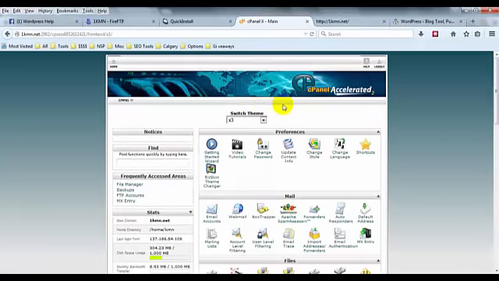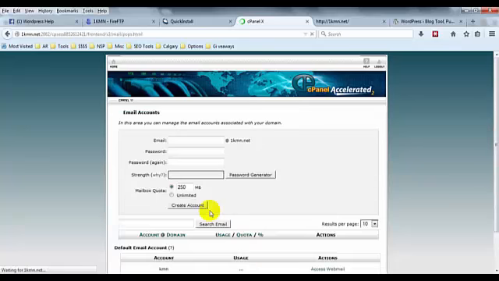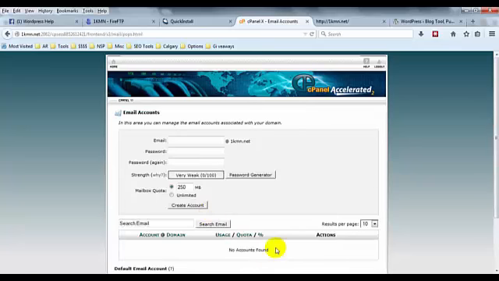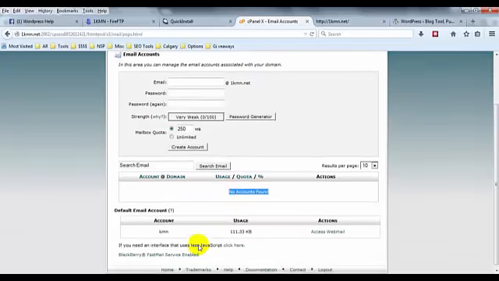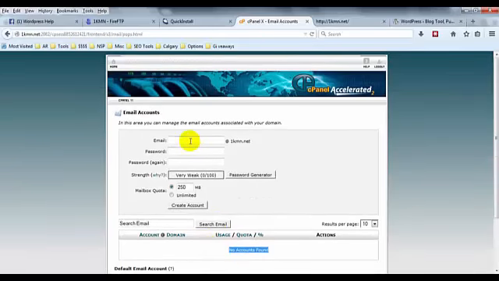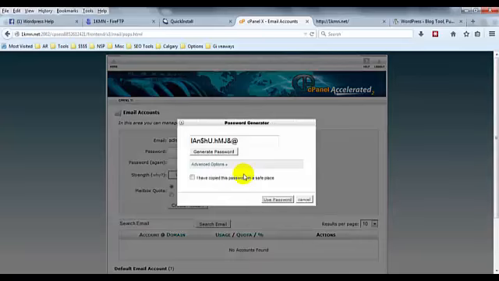Then you want to click on the back to control panel. Now from here you want to go into your email accounts, and you want to create a new email account. Okay, there's no emails found on this domain, so what I'm going to do is create one just called admin. Put in a password. If you want to put in your own password, you can put it in there, or you can do the password generator, and all you have to do is click the generate password to find one that you like,